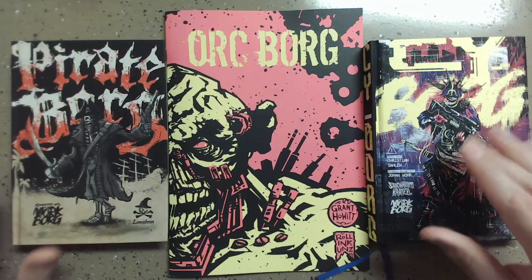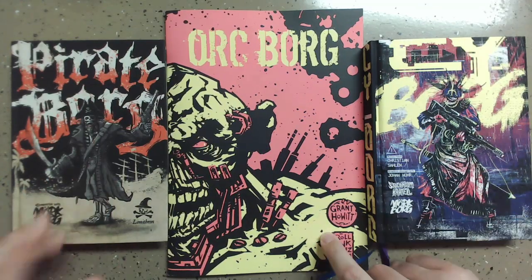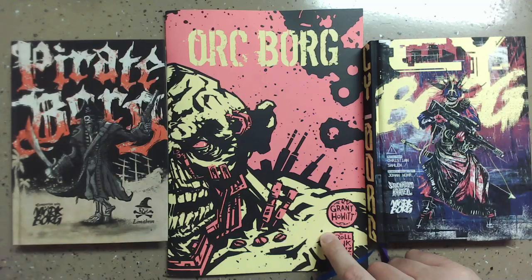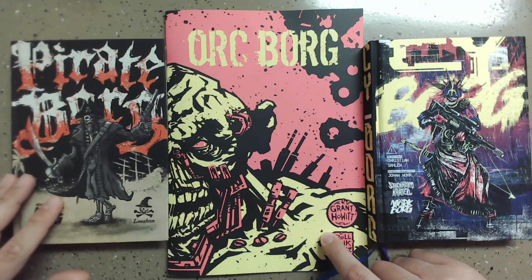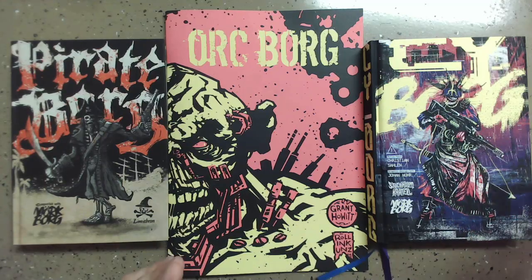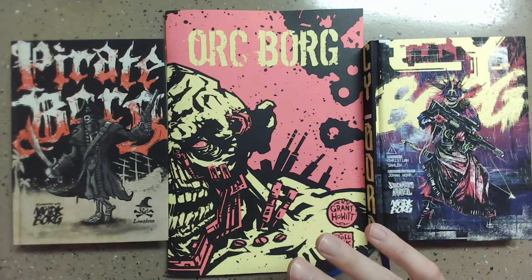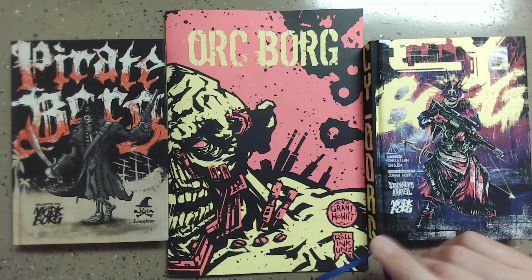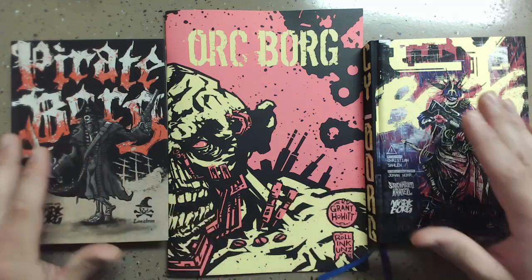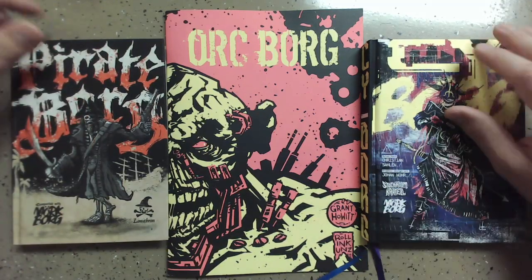And like I said, if I were to play any of these on the spot, it would have to be Cyborg, followed by Orc Borg, and then Mork Borg, then Pirate Borg, even though Pirate Borg was the first one I found. But once I get more Borg in, I'll run through it. It seems to be the most popular, just based on online Reddits and YouTube videos and comments, etc. But this little growing family I have here is very definitely my most unique out of my small collection of